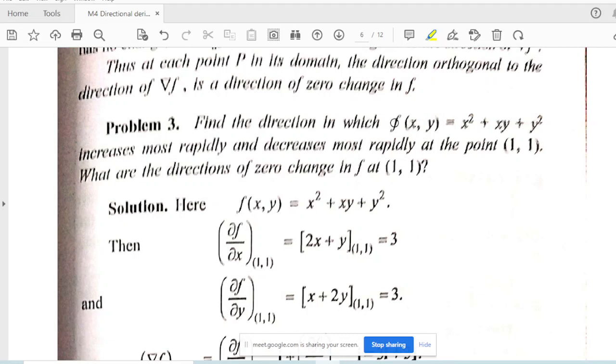So firstly we are given f of xy equal to x square plus xy plus y square, and the partial derivative of f with respect to x,